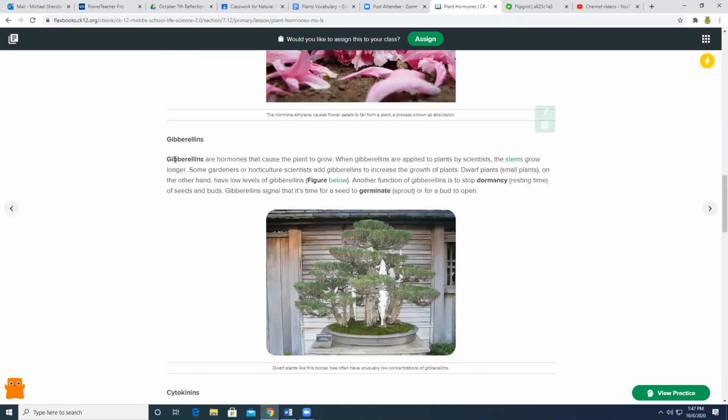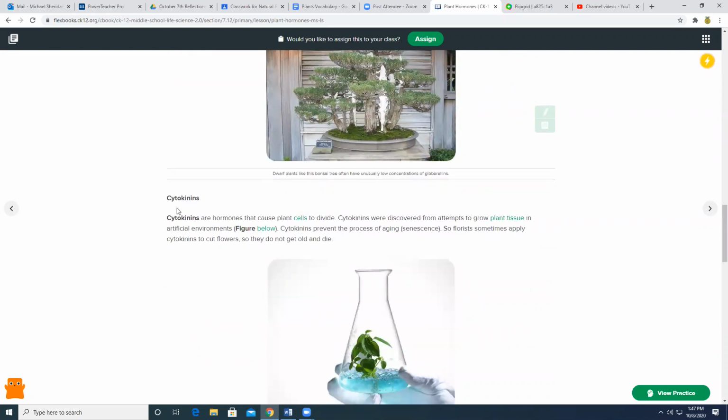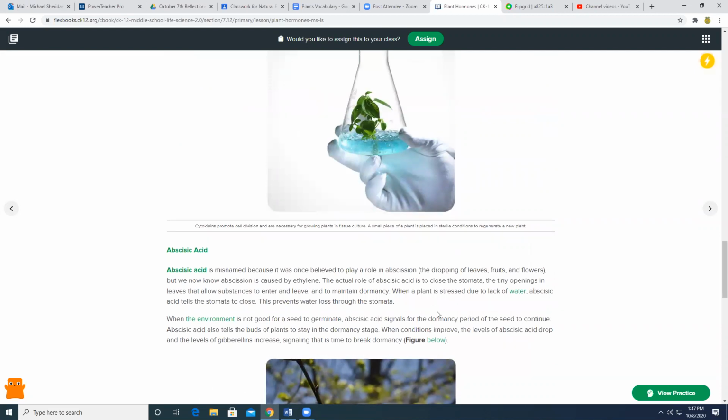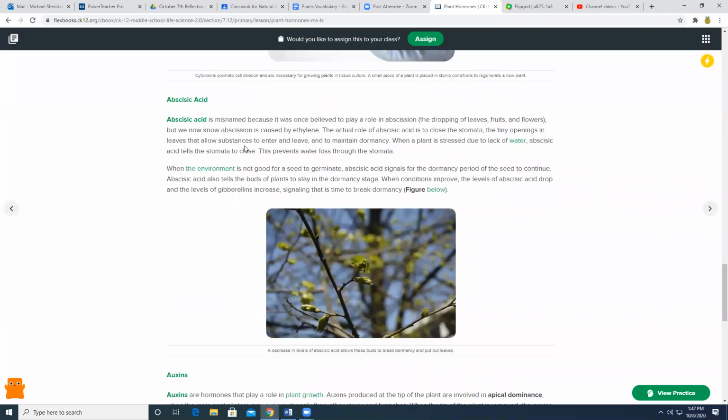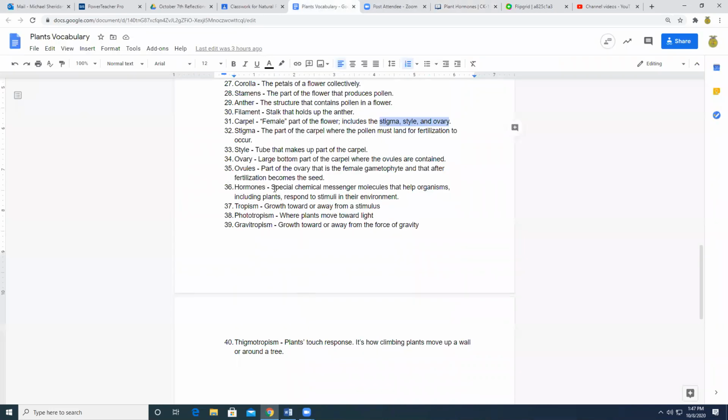So a couple other ones. This is the hormone that actually causes plants to grow. They've been able to do some experiments and pick that one out. Cytokinins are what cause cells to divide, so they can actually fight the aging process in plants because they can keep those cells reproducing. And then this is another cool one. This is what they thought actually caused plants to drop their leaves and stuff, but it turns out that was ethylene. So this is a different one that does some things just a little bit differently. So some really cool stuff there with plant hormones. We should have covered everything that we had to, just hormones there.